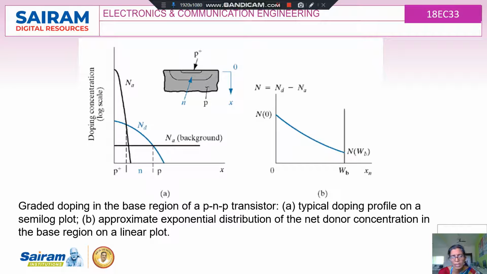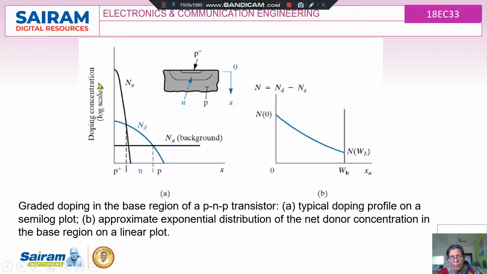Coming to graded doping: when I take a transistor, normally we assume that it is uniformly doped, but practically, for example in this case, this is a P plus region, the emitter region, where P is heavily doped, and I have the lightly doped N region, and the third layer down at the bottom is my collector region. This is the X, where X stands for the distance from the emitter to the collector. This is given as the horizontal axis, and the doping concentration is given along the vertical axis.